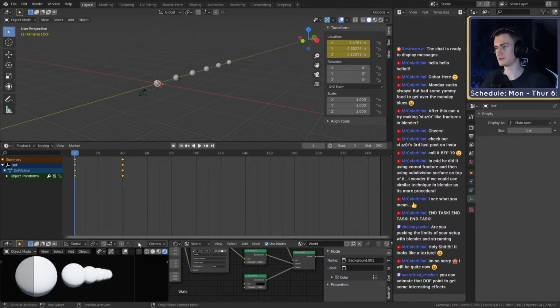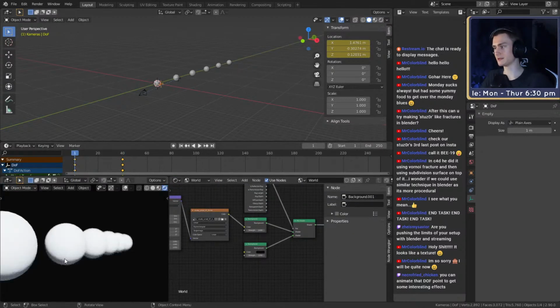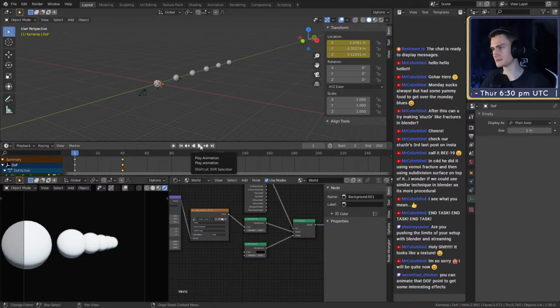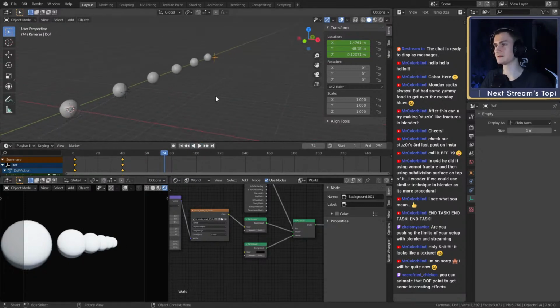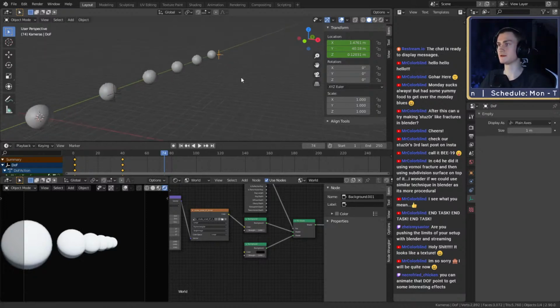You can watch the render. It might be a little bit noisy, but we can probably still see it. Now, as you can see, this is blurry and this is not. I think sometimes you can see in some artistic shots of real life scenes, you have a close-up shot of an object. It's blurry first and then it gets sharper and sharper. That's how you could use this depth of field